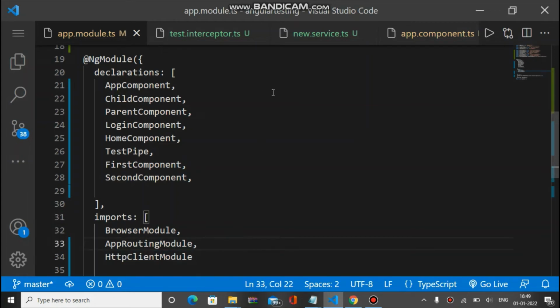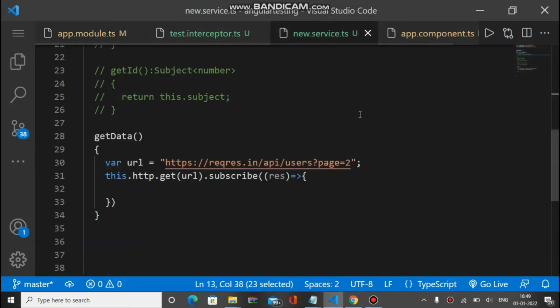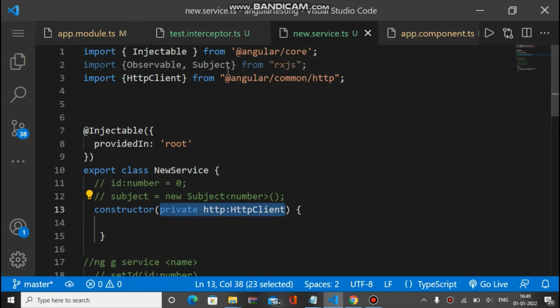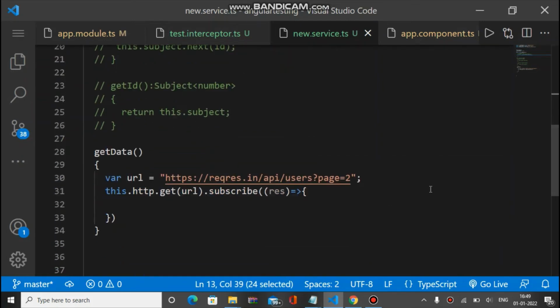To call the API, we need a service file, and I have already created a service, new.service.ts. You can see I imported HttpClient here to call the API, and inside the constructor we inject HttpClient, and we have a method getData to call the API. The URL is this, and this URL is called by this http.get method, and we pass the URL and subscribe to it.